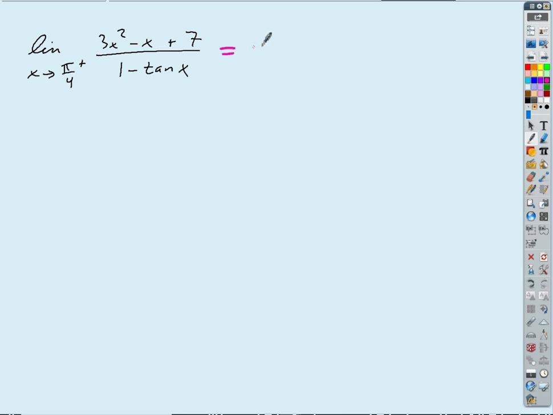We know that when we evaluate this directly, we're just getting some positive number. But what about the bottom? That's the key. We're getting a 0, but is it a 0 minus or a 0 plus? Okay, what's our thinking? How do we approach that? Well, if you're coming from the right,